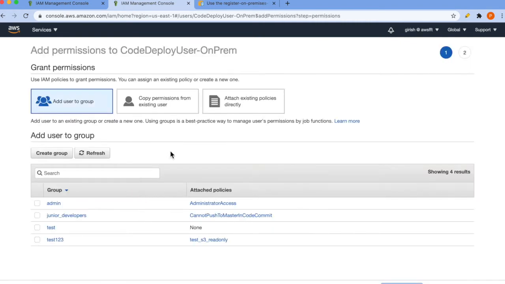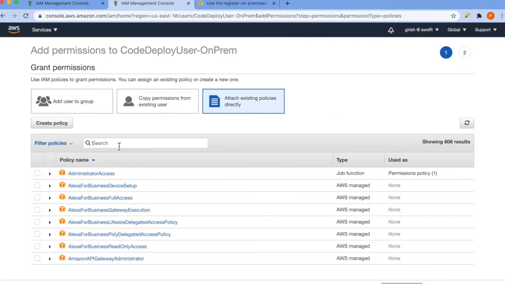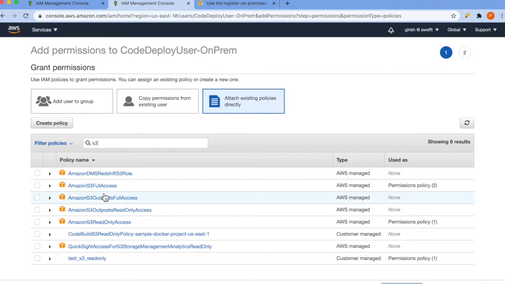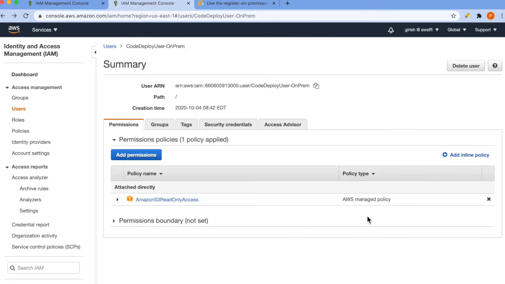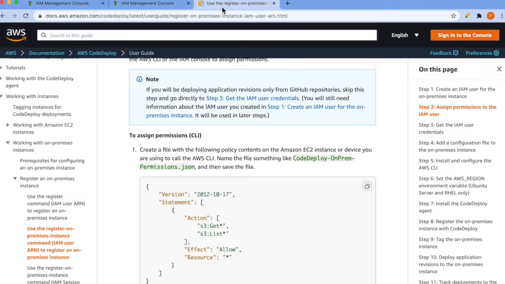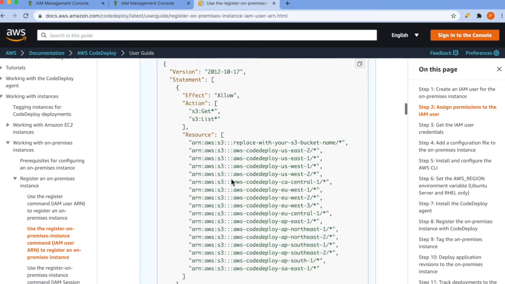So add permissions, then attach existing policies directly. Choose the AWS-defined S3 read-only access policy and just assign it to that user. So we have the permissions needed for this particular user.